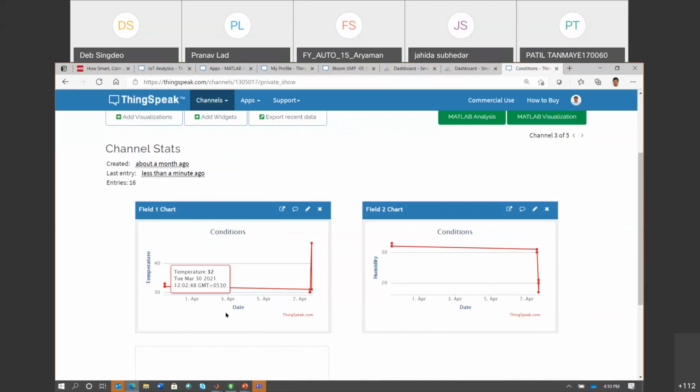I have two charts, one for humidity, which is this one, and one for temperature. And I can see the data points that are coming in right here. So this is 7th April. I can see the date also, so that I'm sure that this is the data that's been captured very recently. And from the last entry, I get a sense of what data is coming in. Similar to the last case, what we can also do is try to run the blower and see whether the temperature goes up or not.